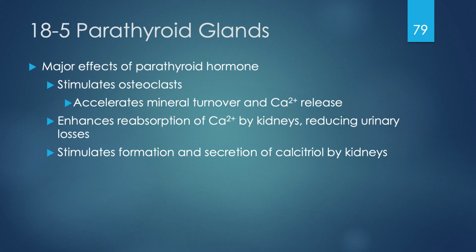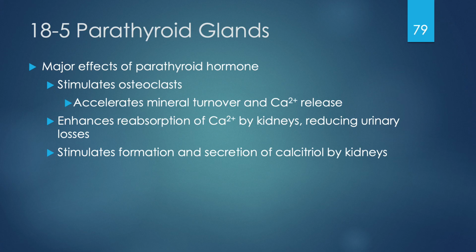The parathyroid glands, and the parathyroid hormone that they produce, are primarily responsible for maintaining adequate blood calcium level. Keep in mind, of course, that the thyroid gland has an important role to play, but if ever asked, the most important component of maintaining our blood calcium level is the parathyroid glands. First off, they stimulate osteoclasts, and osteoclasts are important for breaking down existing bone. Osteoclasts will accelerate mineral turnover, and therefore when the osteoclasts break down existing bone, it releases calcium from the bone